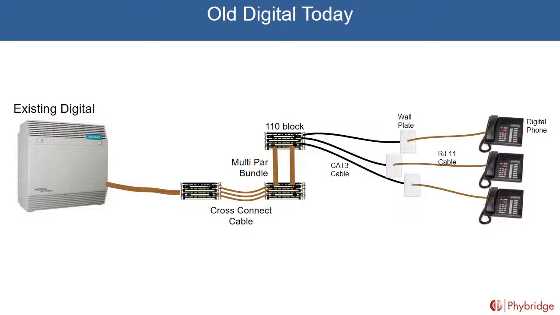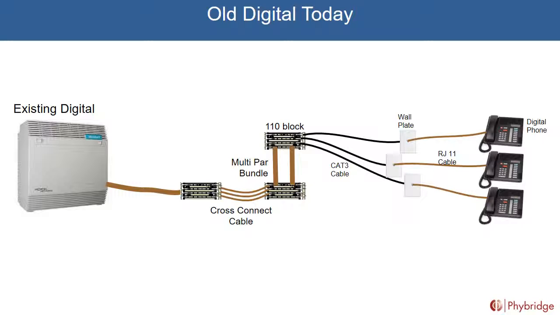What's really interesting here, Gary, is that this topology is found pretty much everywhere in the world. So it was designed to deliver the 5 to 8 nines reliability for voice that we're experiencing today. Whether it's a 110 block or a BIX block, we call it here in Canada, or a Krone strip in Europe and other parts of the world, the topology is the same. One of the points I think is important for our audience is that the Cat3 cable is not really designed as a data cable, it's a voice cable, but it can go much longer distances than Ethernet. Is that correct? Very good point, Gary.